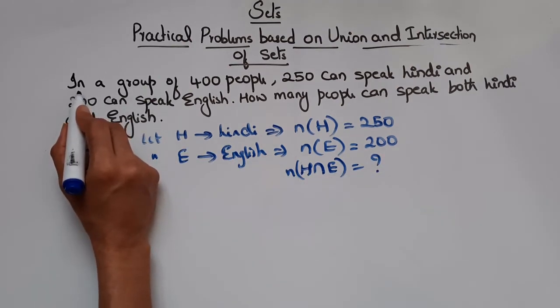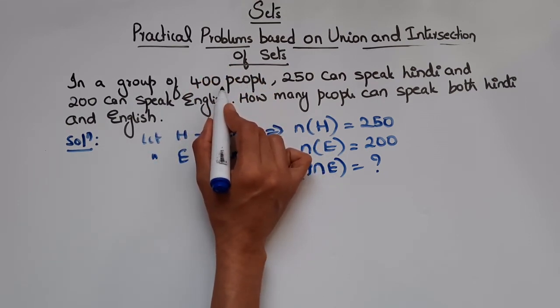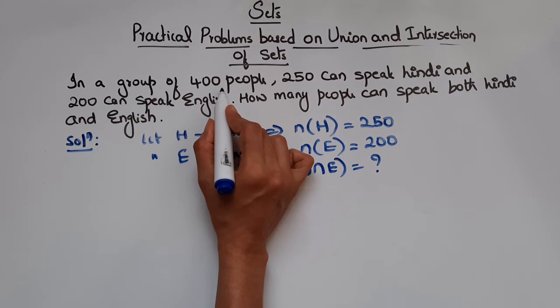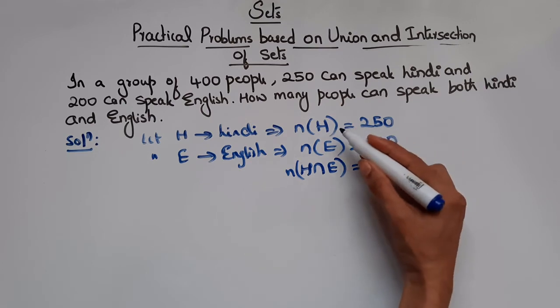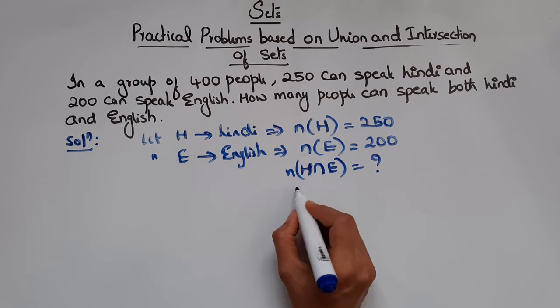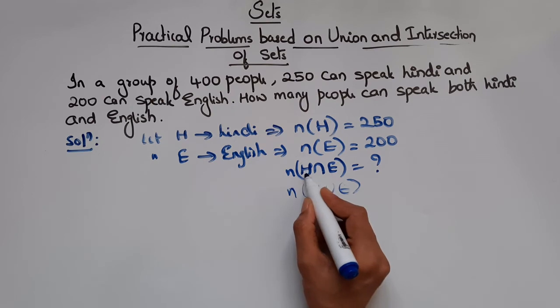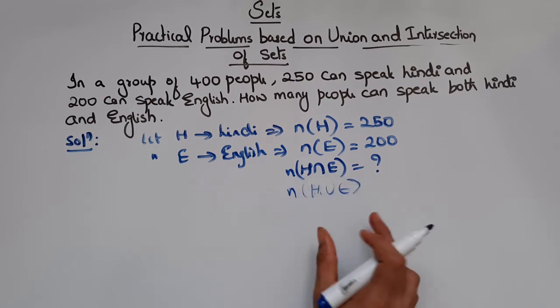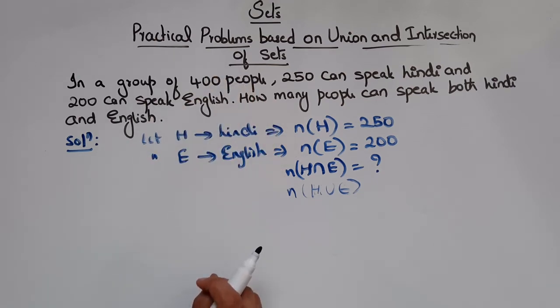So now if you see this problem, here it says in a group of 400 people. So in these 400 people, there are people who are speaking Hindi, there are people who are speaking English, there are people who are speaking both Hindi and English. There might be people who are speaking neither English nor Hindi. But in this problem, they have given only two data: the number of people who are speaking Hindi and the number of people who are speaking English. Here two unknowns are there, right? So N of H union E is also unknown, and N of H intersection E is also unknown. In that case, you have to assume this 400 as the union. Only in that case. So let's assume